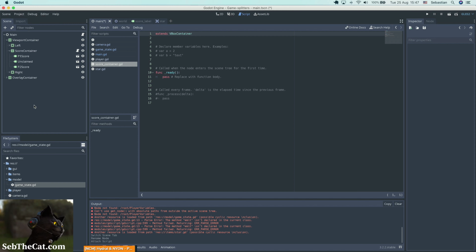And Docker by default is case sensitive, so it's a tragedy waiting to happen. Okay, so we've got the score container, and what I want to do is